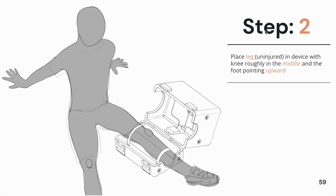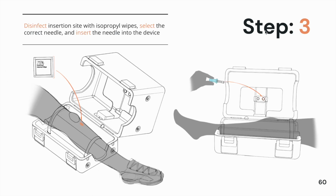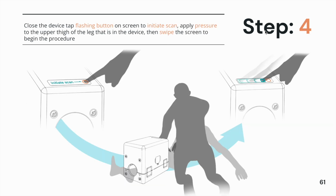The patient or bystander will place the uninjured leg into the device with the knee roughly in the middle and the foot pointing in an upward direction. Step 3. Disinfect the insertion site with isopropyl wipes. Select the correct needle and then insert the IO needle into the device. Step 4. Close the device, tap the flashing button on the screen to initiate the scan, then apply pressure to the upper thigh of the leg that is in the device, and then once prompted, swipe the screen to begin